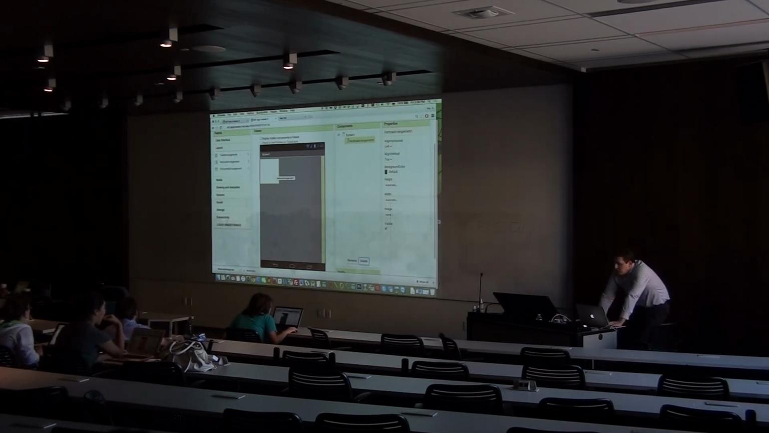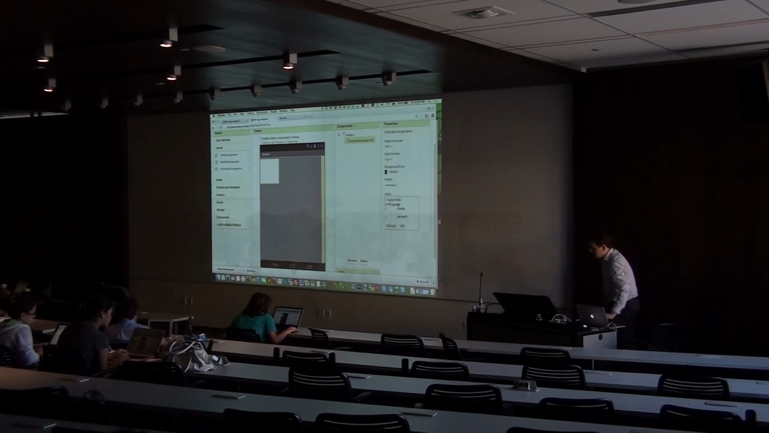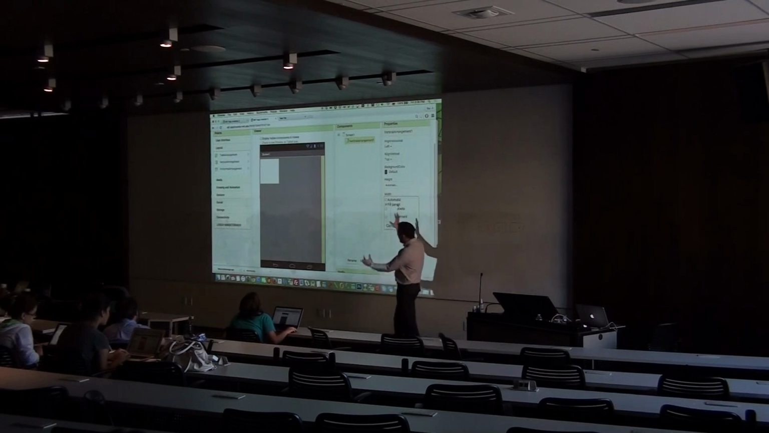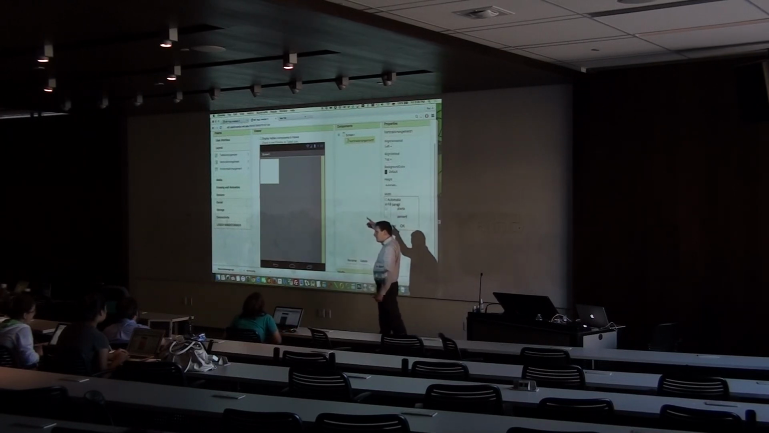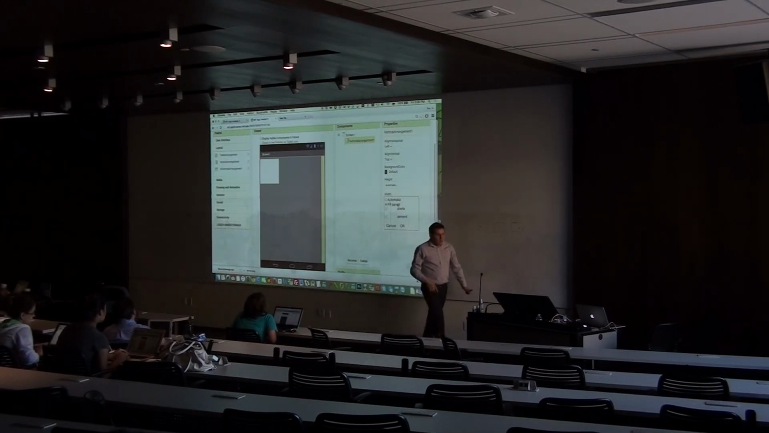So the first thing I have to do is to set its width on the right side in the properties to fill parent, which means, it's a very strange terminology, but it means basically that it will fill up the space available in the parent element. And if you look at here,